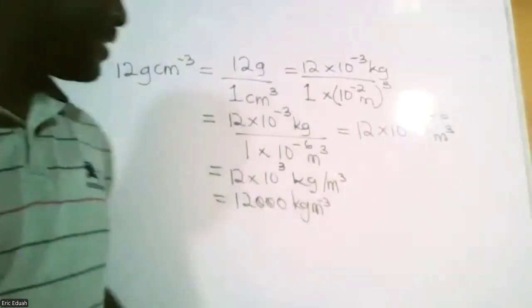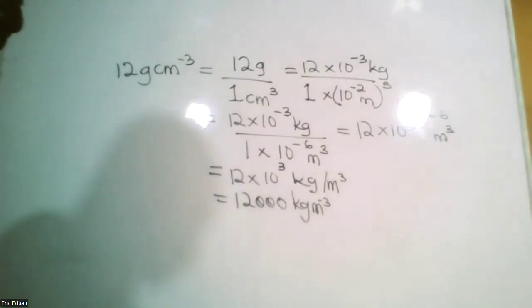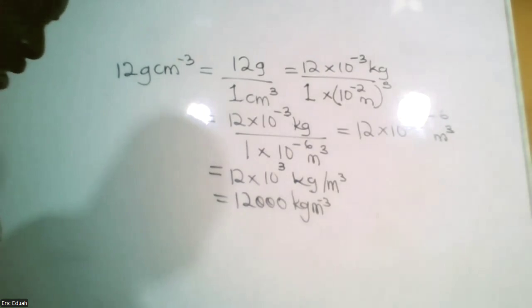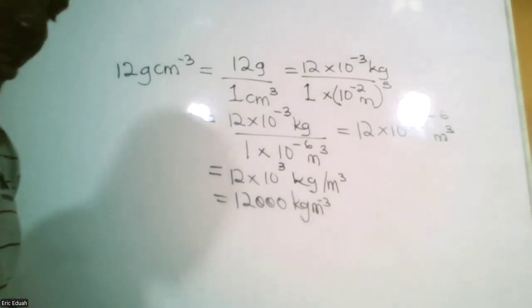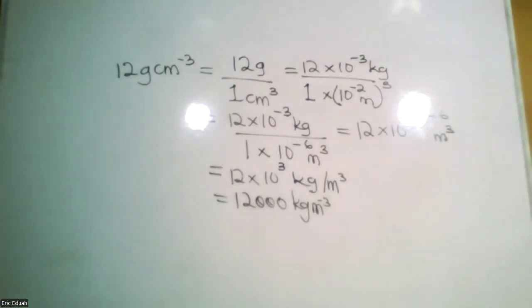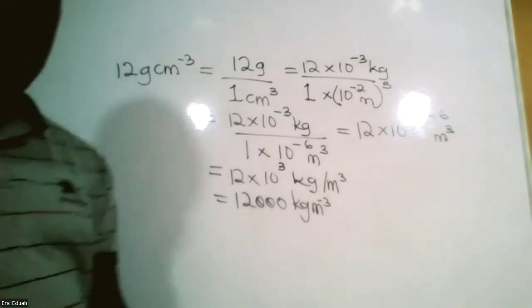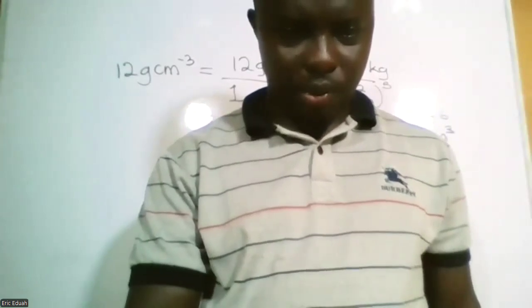So that's it. Okay, so an object of mass is blah blah blah blah, and we are to is suspended by a thread and lowered until half of its volume is immersed in a liquid of then calculate the weight of the object in the liquid. Okay. This question dwells on Archimedes' principle.